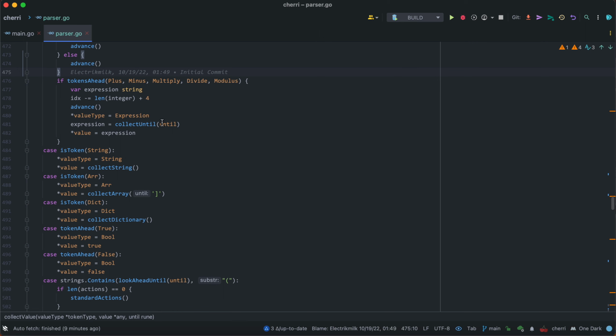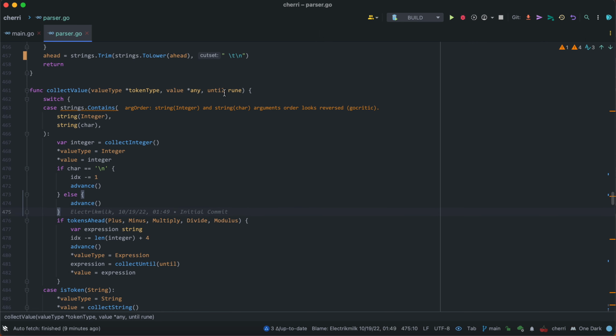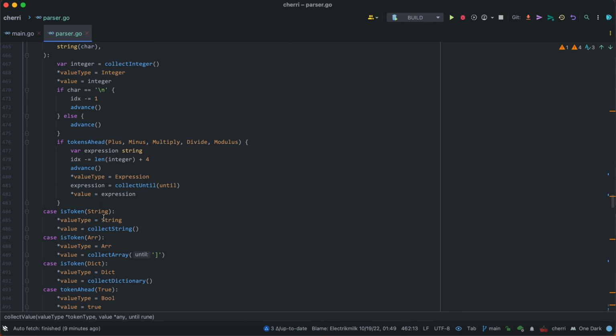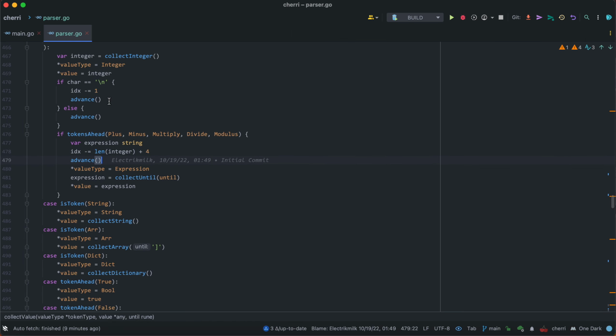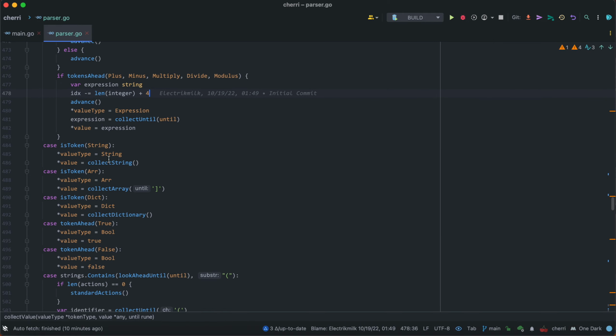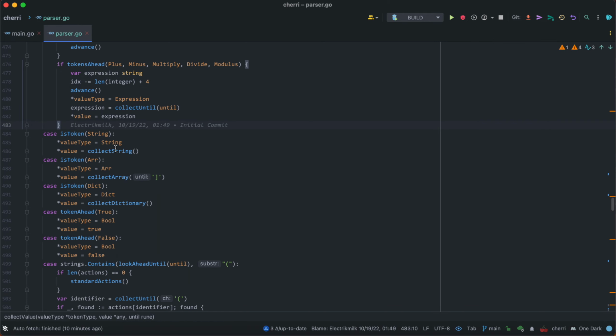In that case, we just collect until we're supposed to, which is determined by this function, and then return an expression. I think we do this because... I honestly don't remember. We did this for some reason. Anyways,